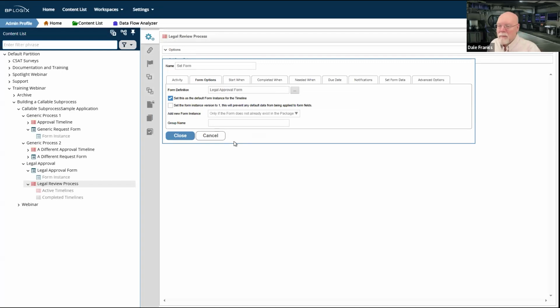And that'll work out just fine for us, because if I am submitting the form, then it doesn't matter. It's already the default form instance, and Process Director will basically just skip past this and say, okay, yeah, it's supposed to be the default instance. It is. Let's move on. And it goes straight into my legal approval process. If it's not the default instance because it's called from a sub-process, great. I'm just going to make it the default instance, in which case the legal approval form is the form that I'm going to use. And we're all going to be happy.